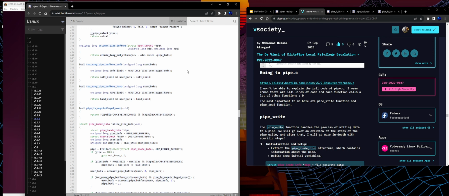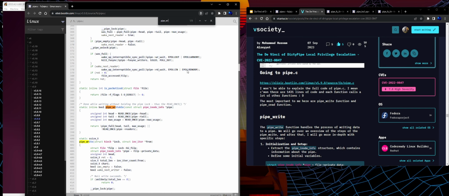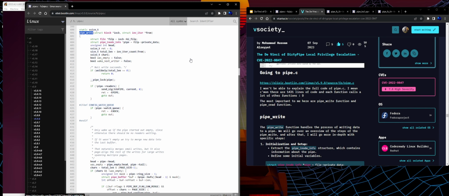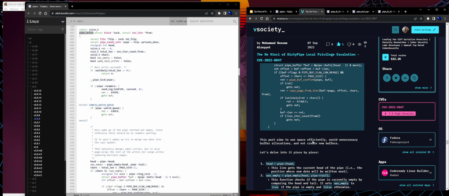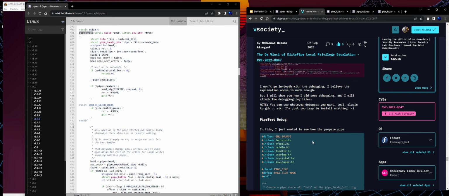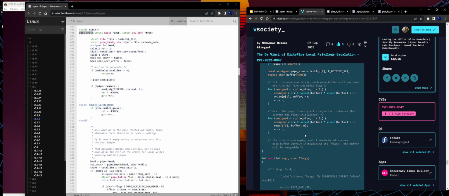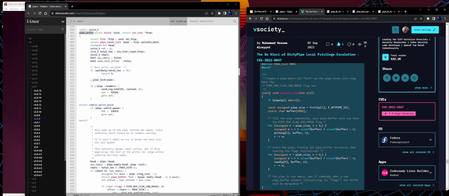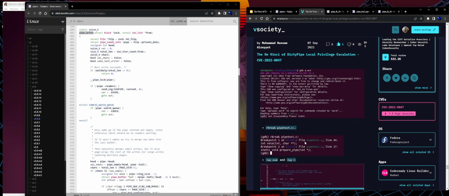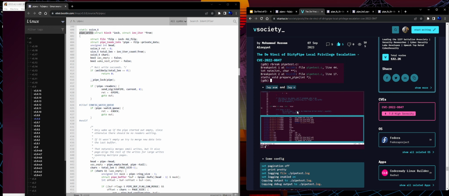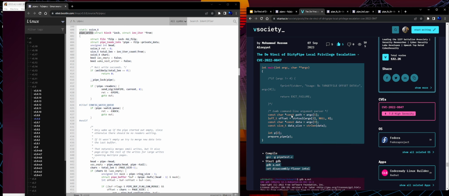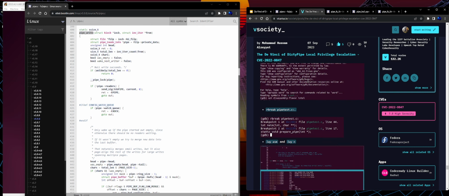So what I'm gonna do right now, I will just try to find pipe_write. It's supposed to be like this. Yep, here it is. In fact, in the debugging here, I was presenting two pipes. One is called pipe test debug, in which I removed everything from the exploitation. I'm just using the prepare pipe because I need to debug that and understand more in depth what's going on. And I was only debugging this code instead of debugging the kernel itself because I believe